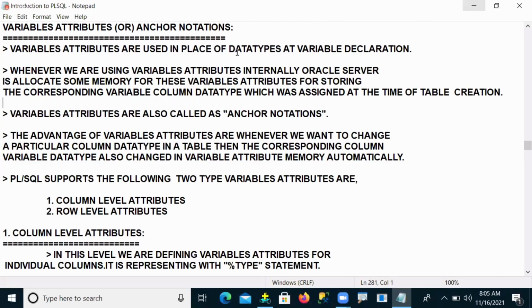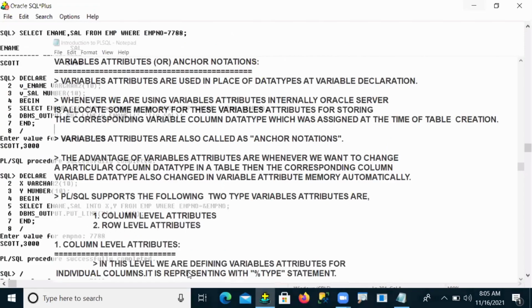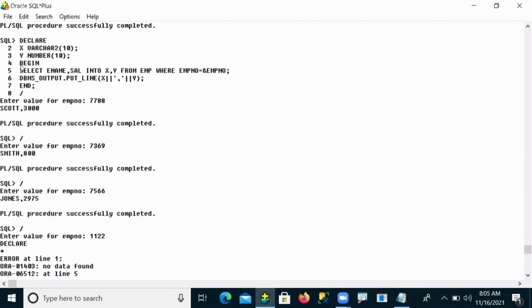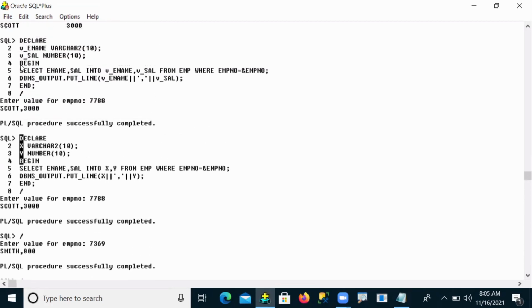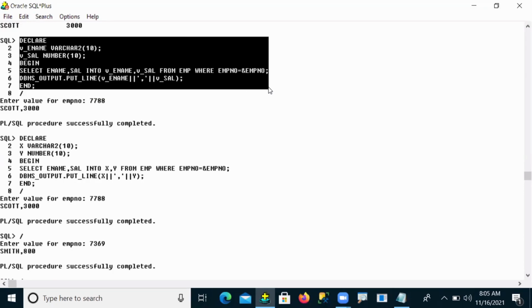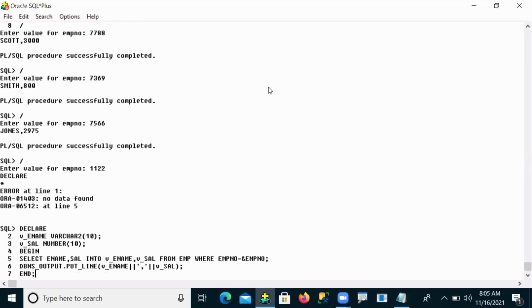For example, let me come back. Suppose, observe guys, this is one of our programs. In this program, I declare two variables. One is the v_ename variable and one is the v_salary variable.